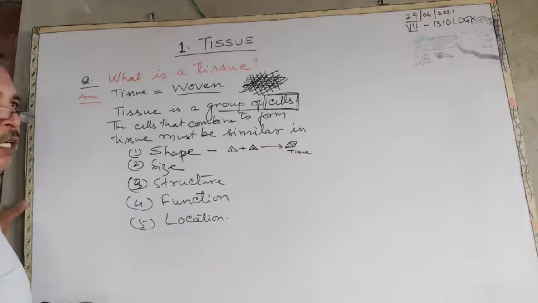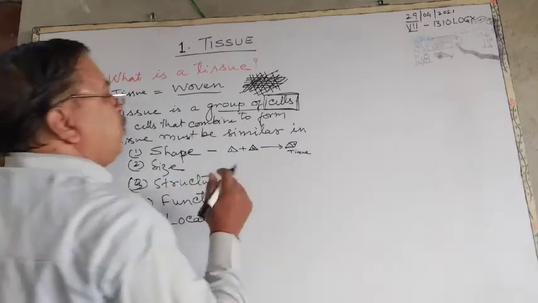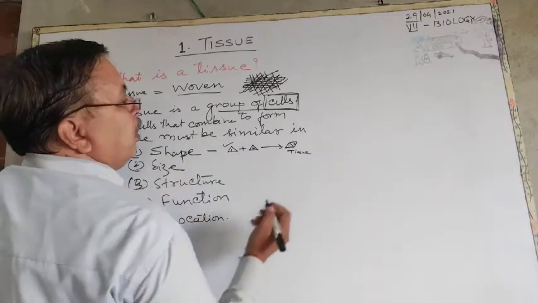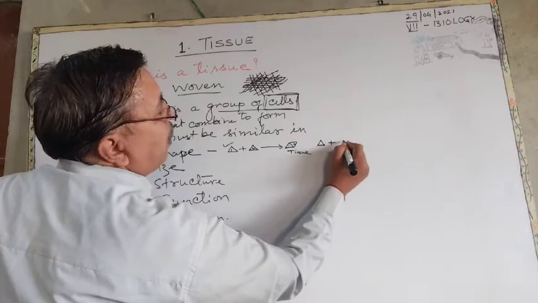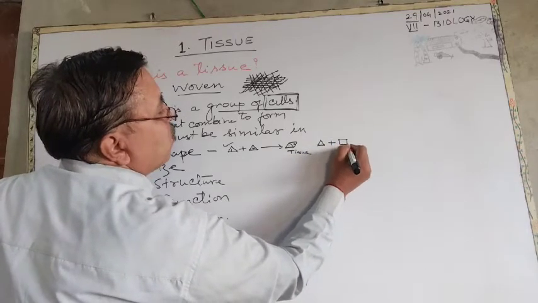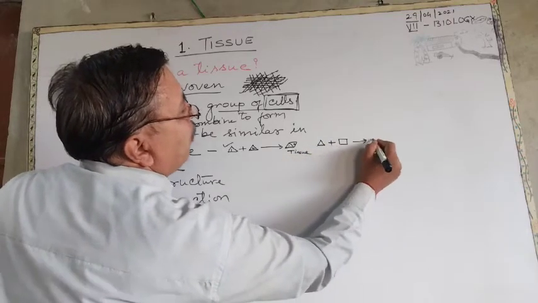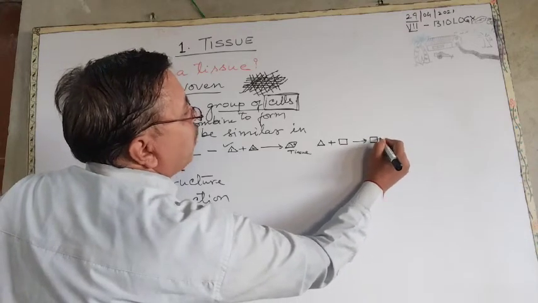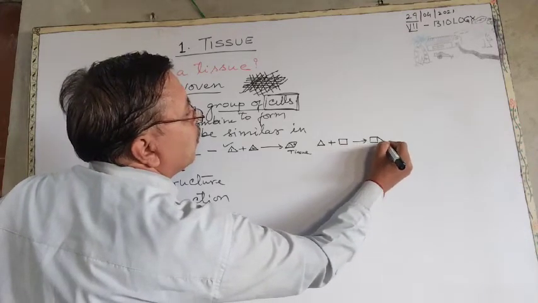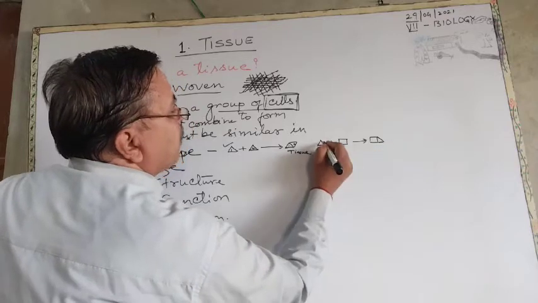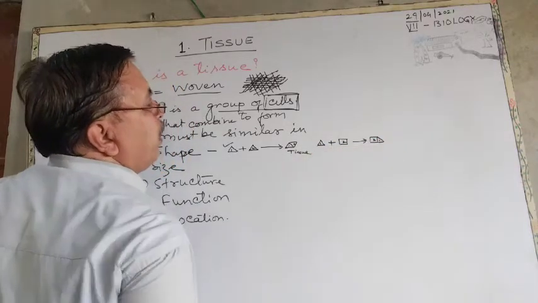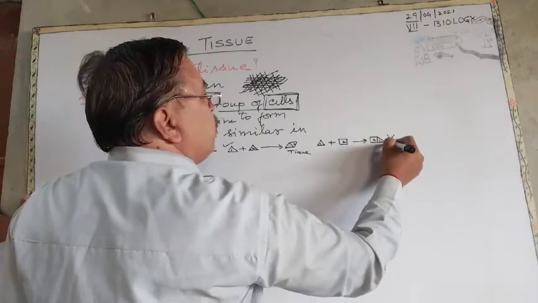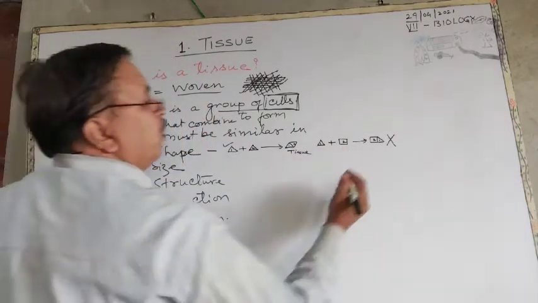Their shape should be similar. This is the correct pattern. But if one cell is triangular and another is, say, square in shape, and they combine together, right,